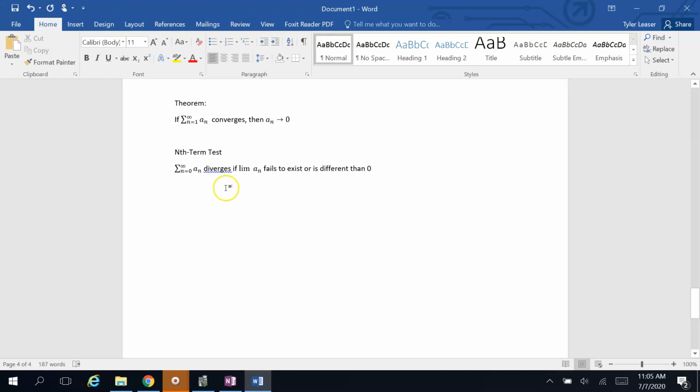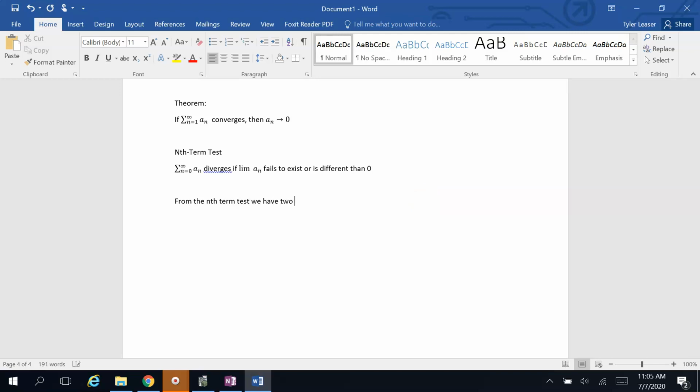What the nth term test says is that a series diverges if the limit of the sequence values either doesn't exist or is different than 0. Okay, that's coming from this theorem up top, because remember, a series only converges if the sequence goes to 0. So if the sequence doesn't go to 0, it has to diverge. All right. From the nth term test,